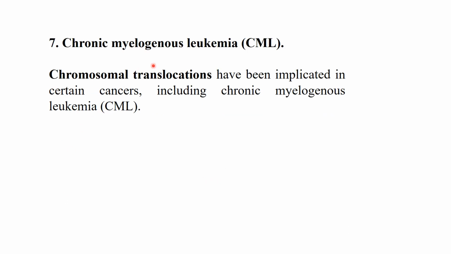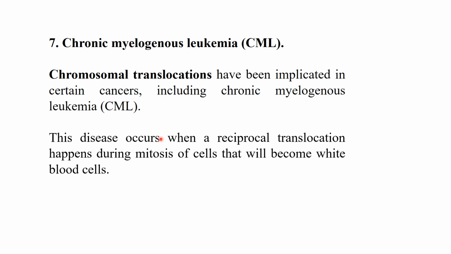Chronic myelogenous leukemia (CML). Chronic myelogenous leukemia is due to a translocation, that is, a reciprocal translocation between chromosome number 9 and 22. Chromosomal translocations have been implicated in certain cancers, including chronic myelogenous leukemia. This disease occurs when a reciprocal translocation happens during mitosis of cells that will become white blood cells. White blood cells में जब reciprocal translocation होगी तो उन cells में excess division होगी and the cells undergo the